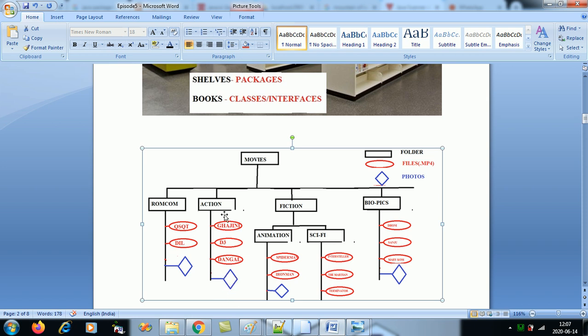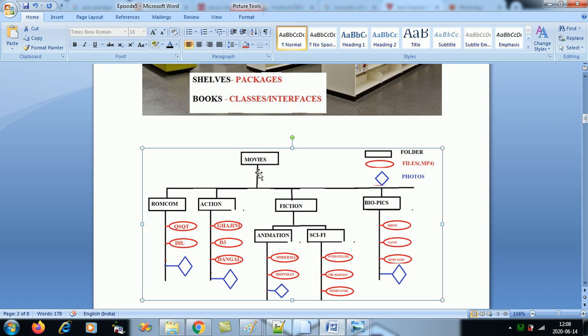So this folder will have a collection of the movies as well as the posters of your favorite celebrity in that pose. If someone is fond of Sushant Singh Rajput and he is being shown as MS Dhoni, you'll put Sushant Singh Rajput's photo as MS Dhoni in this folder of biopics. You'll not put it in any other folder.